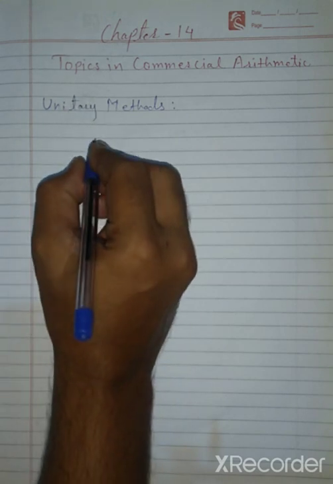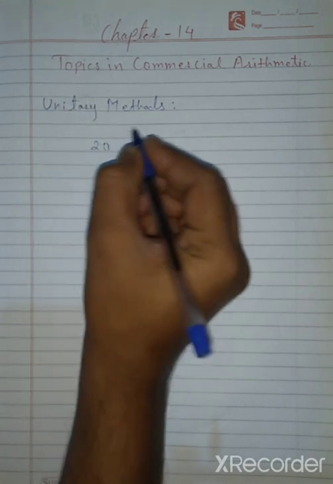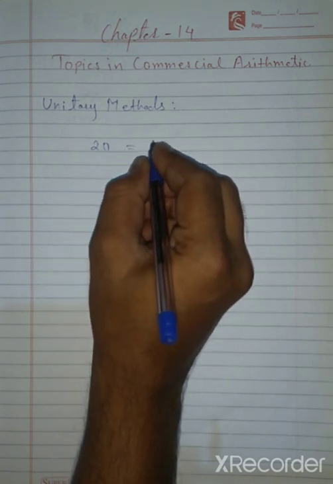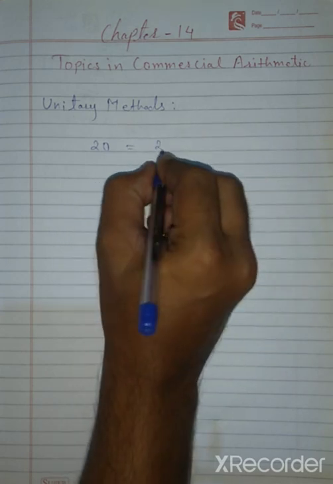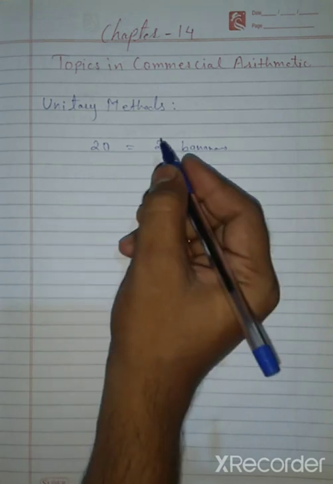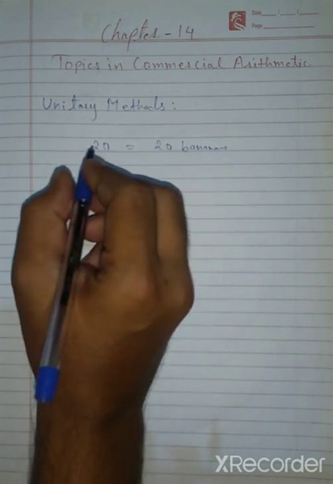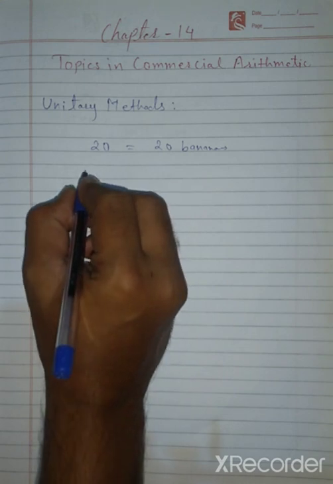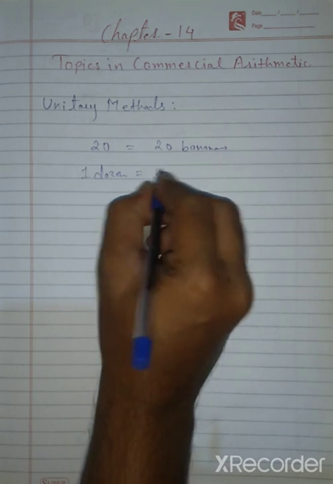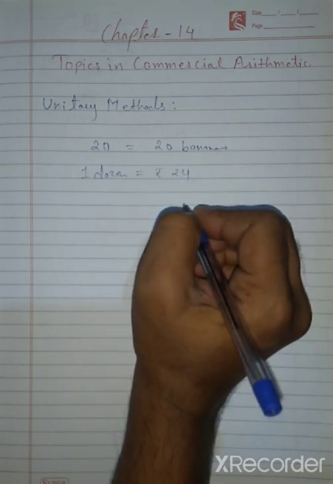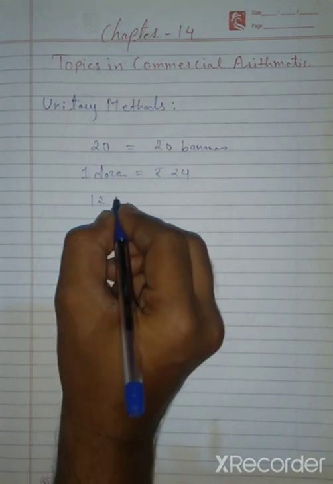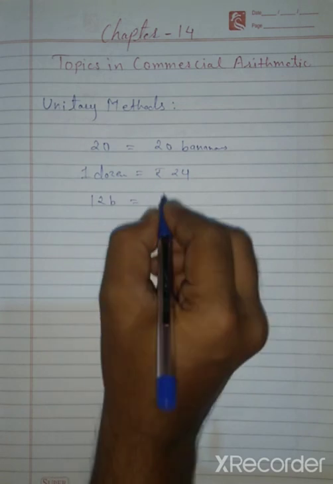There are 20 students in a class and we want to distribute one banana to each student. So we require 20 bananas. We went to a shop and asked for bananas. He said there is 1 dozen banana cost, rupees 24, and we require 20. 1 dozen means 12 bananas, and the cost is rupees 24.